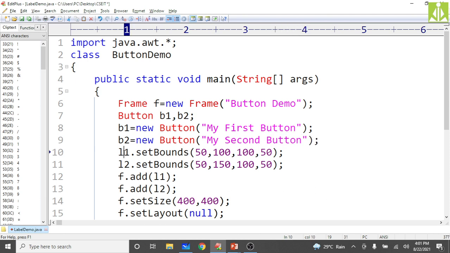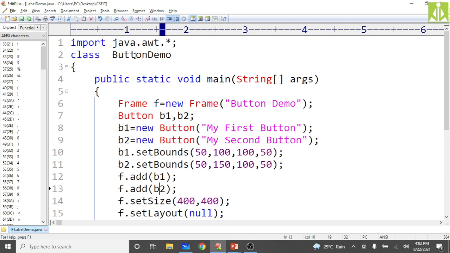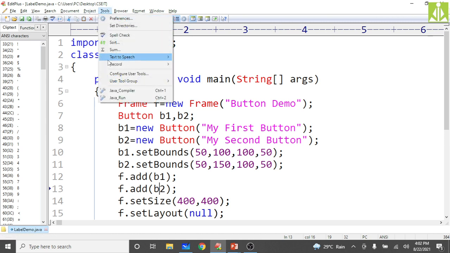Use set bounds to set the location, passing the same values for b1 and b2. Now f.add of b1 and f.add of b2. Two buttons we are adding, and the rest of the things I am maintaining the same. Simply, in place of label, I used the Button class to create the buttons now.